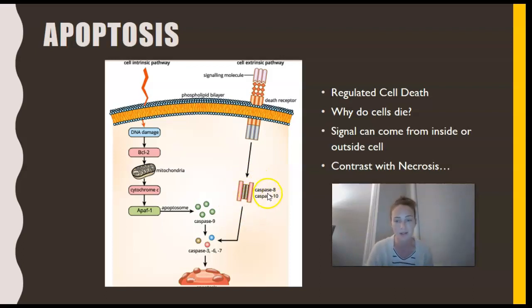And what do caspases do? Get into the habit of saying it: cleave specific proteins. And then the story is very similar. The caspases trigger that blebbing and formation of apoptotic bodies. So it's really only the signal that you need to be able to identify, whether it's coming from outside the cell or inside the cell. Transduction is slightly different. If it's an intrinsic pathway, you have to mention the mitochondria, whereas if it's the extrinsic pathway, in your signaling you would have mentioned the death receptor, but both will involve the activity of caspases.